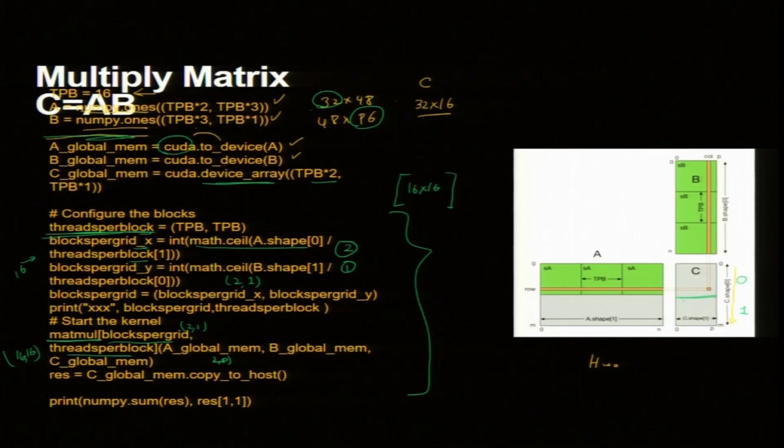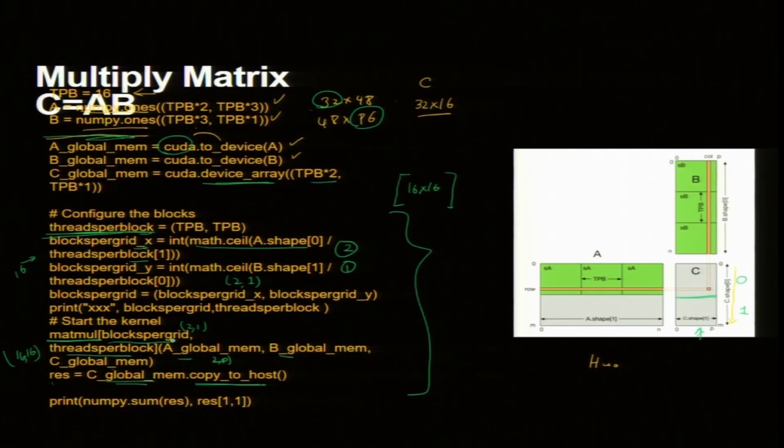So, we are basically creating space for C. Every entry of C has a thread, that is what we want. We will compute for every entry of C, and the arguments are A, B, C in global memory. These arrays are already in global memory, and I am going to use them as arguments. After I get the result, I will copy it to host. So, I take this C and copy it to host.